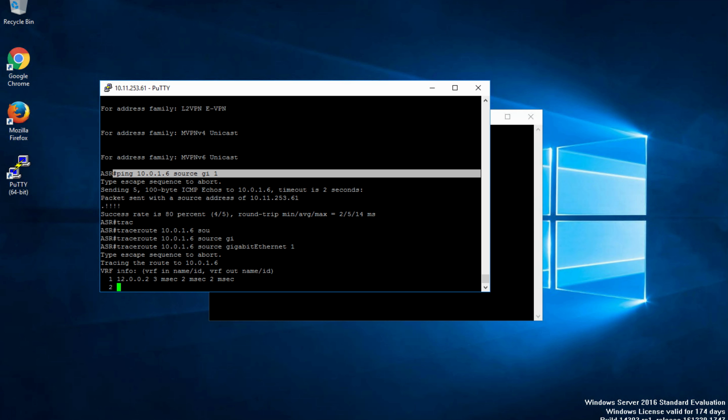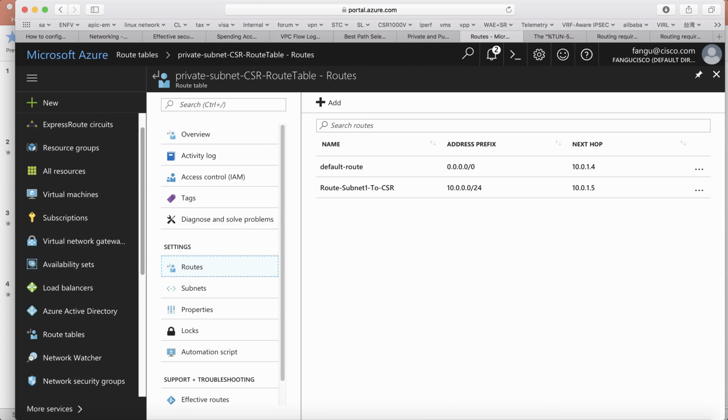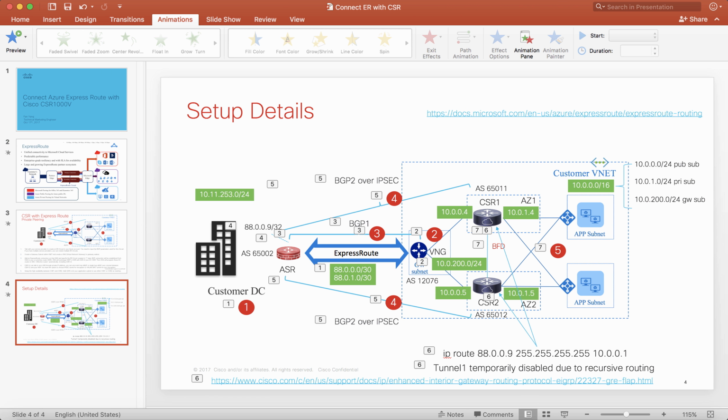Okay, you can see the first hop is 12.0.0.2. So that's tunnel 1 that goes to CSR1. And then it reaches out to 10.0.1.6 directly. So it means this traffic is going through the CSR1. So I think we have successfully set up the configuration. So the CSR is able to encrypt the traffic that's over the ExpressRoute and has been used as gateway